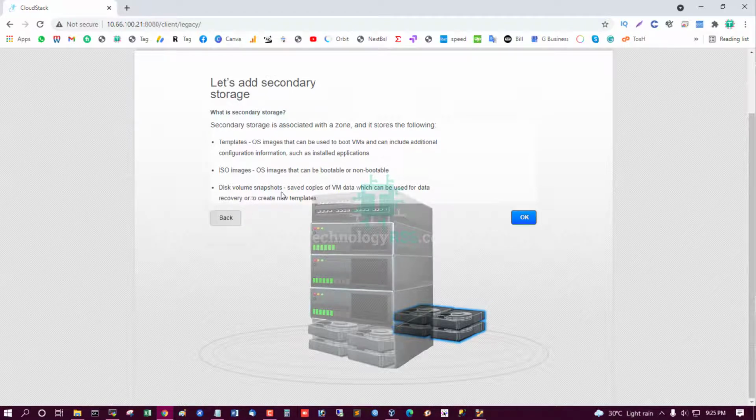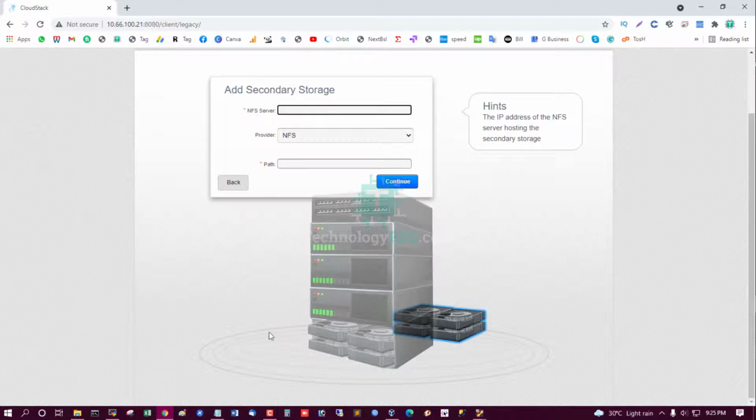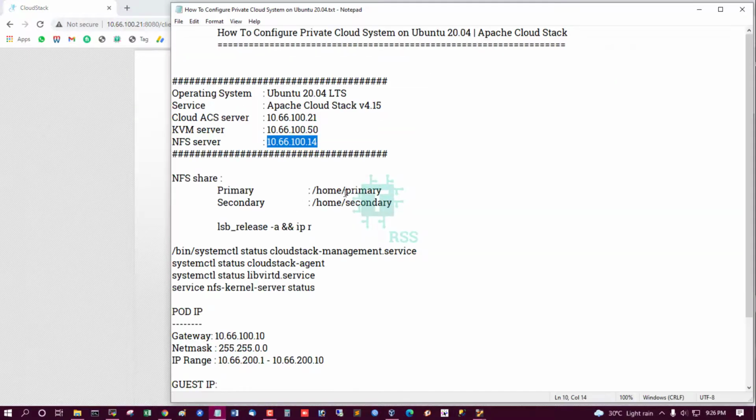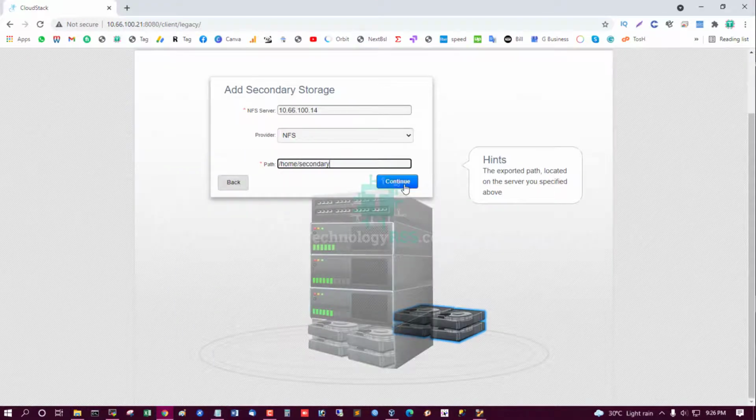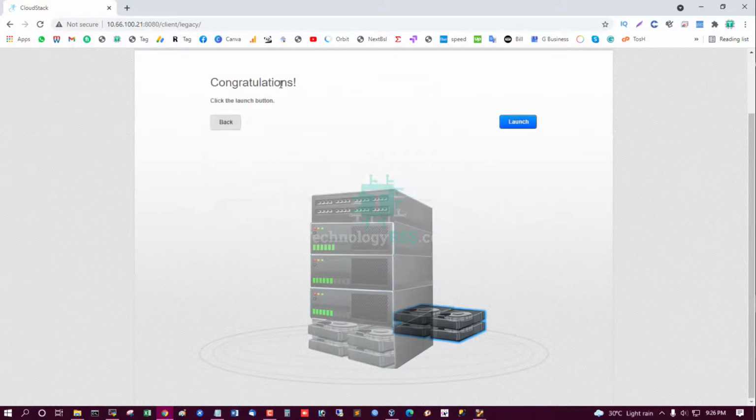Disk volume snapshots are saved copies of VM data which can be used for data recovery or to create new templates. This is the needed secondary storage: NFS server IP, provider NFS, and path /home/secondary. Then continue. Congratulations, click the launch button.